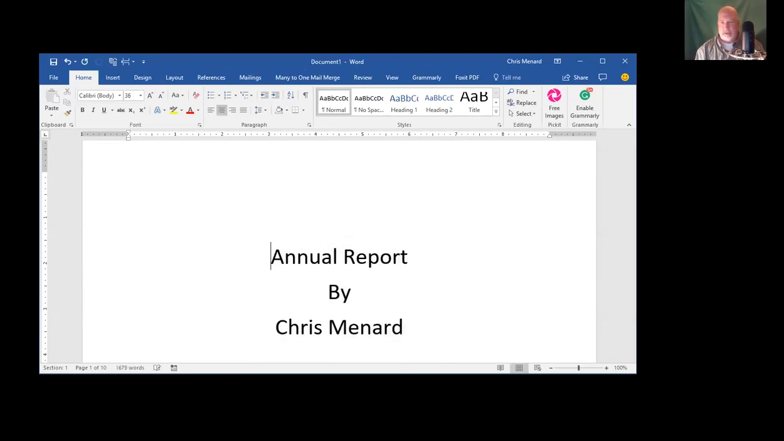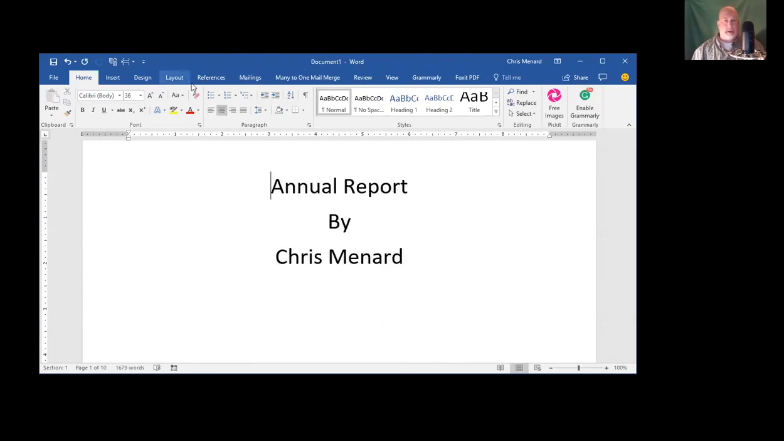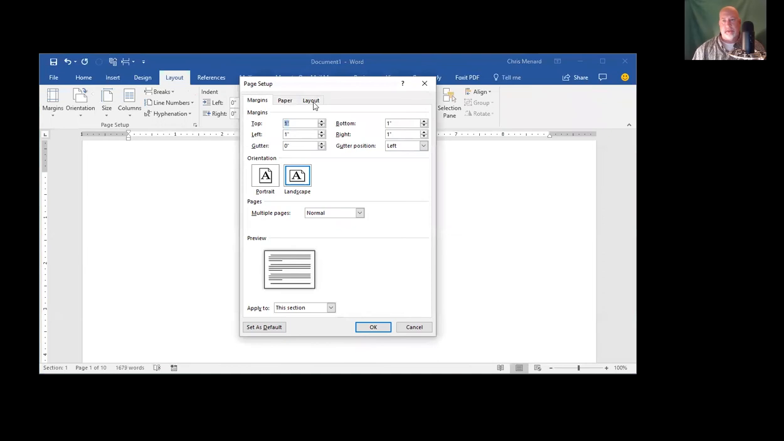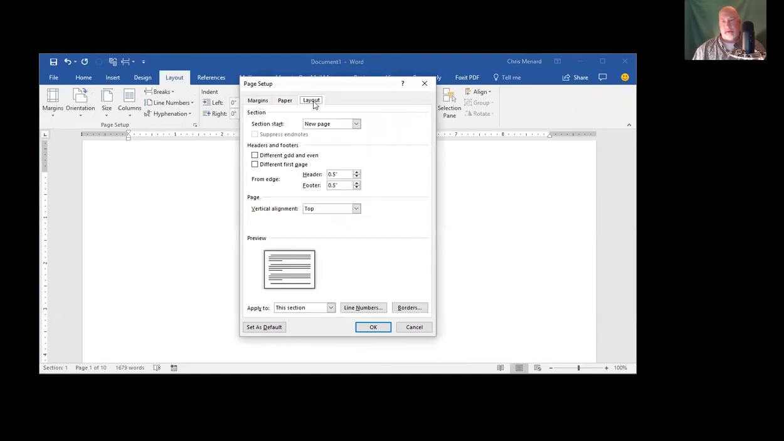Enter, enter, don't do that. Go to layout. There's the word page setup, which I've been using. Click the dialog box launcher. It'll open up the old page setup dialog box. When I click on layout,